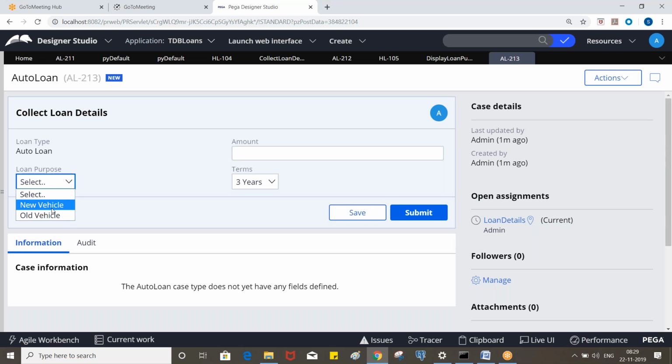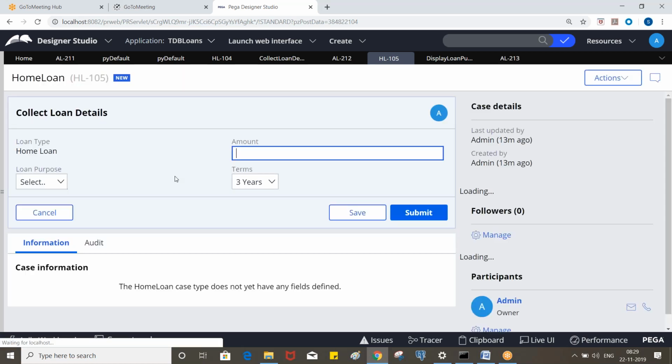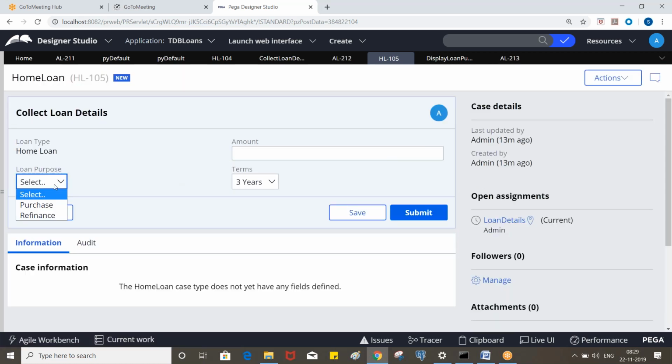Now see, the purchase and refinance are not displayed because it is an auto loan. Now let's execute home loan. Let me refresh this. You see the purchase and refinance. This is why we created activities: we have these values in the local list, where we cannot restrict the values by putting a when condition.